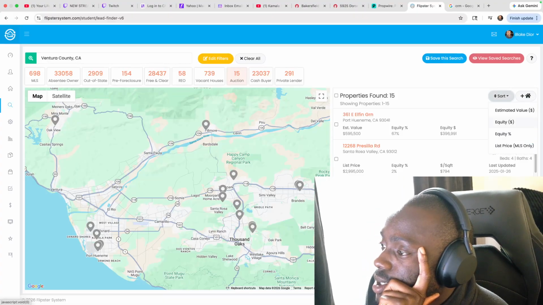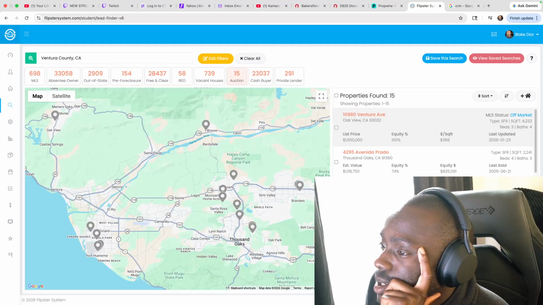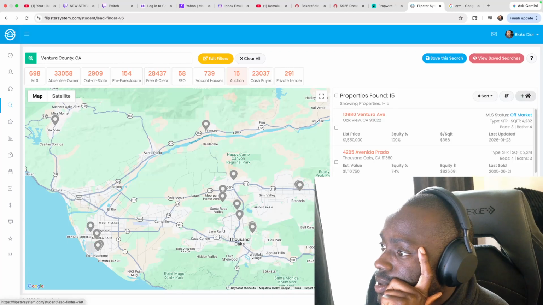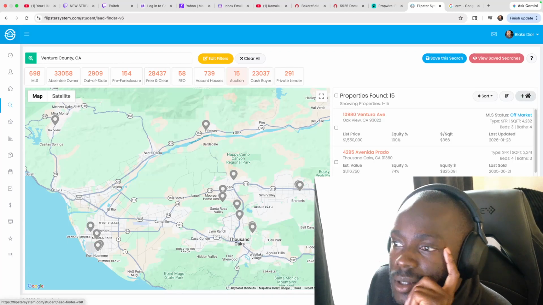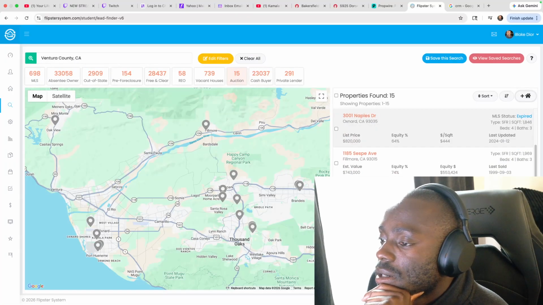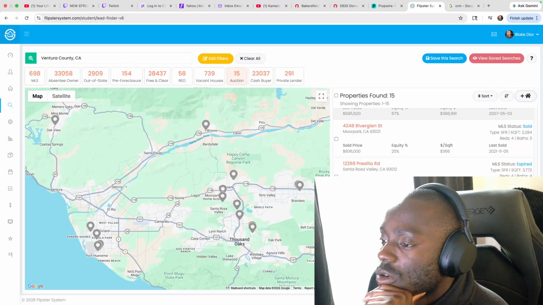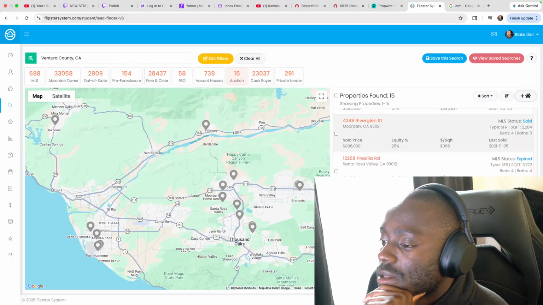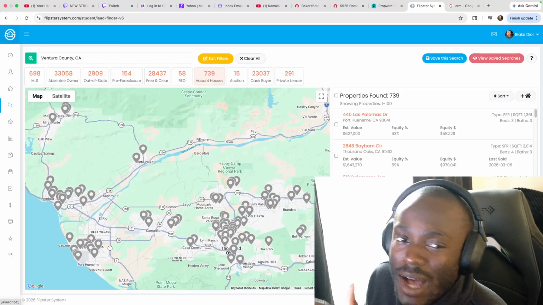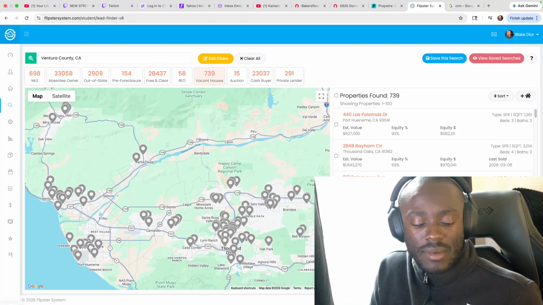We want to see what these prices are going for. What's this button do? Don't know what this button does. Anyway, right now I'm just looking at basically off-market stuff. Very, very high prices. Not interested. We need something that's around 500, 400,000, maybe 300, 200.